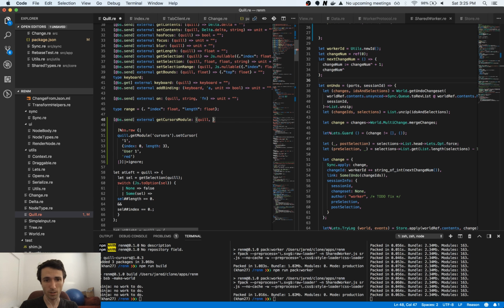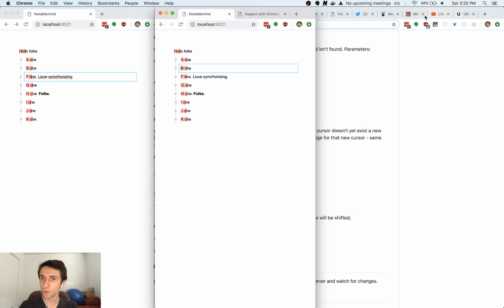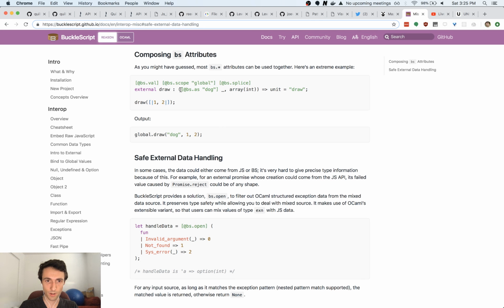I'm actually going to have to look up the BuckleScript. I was just looking at this. Okay, BS as something to insert a magic string,